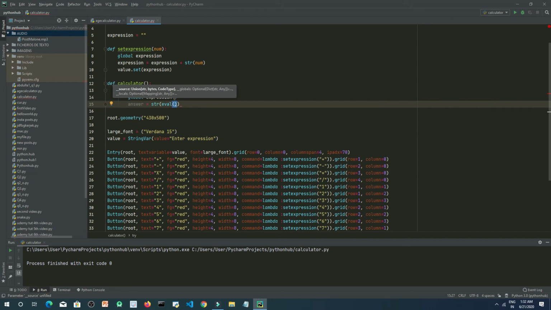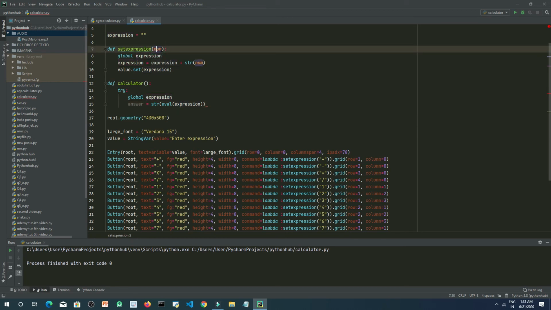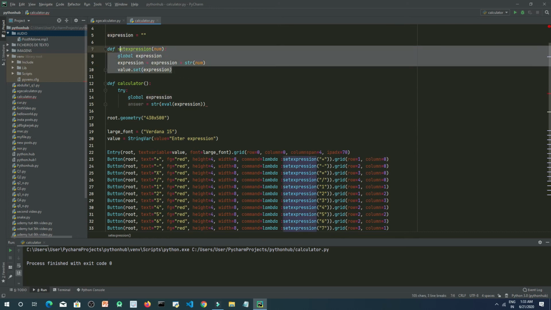This is used to calculate anything which is passed inside this function. So what do we want to pass inside this function? We want our expression, right? So let's type expression.